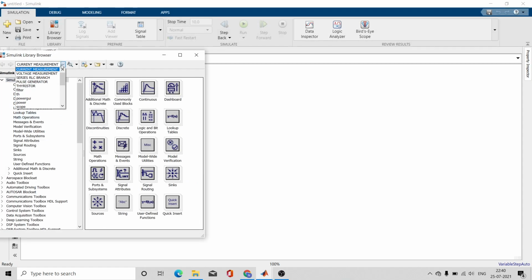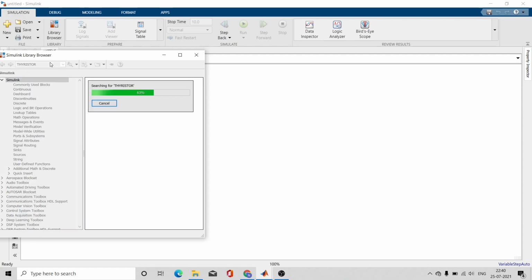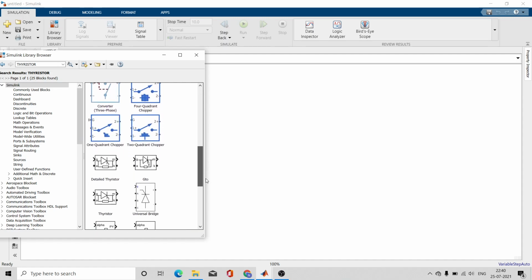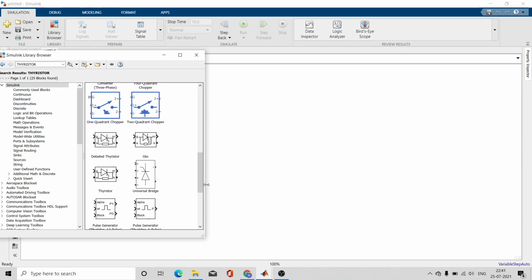So let us find first of all the thyristor. You can just type it and you'll get thyristor. So we are going to take this thyristor. Let me scroll down. We are going to take this thyristor.